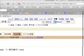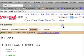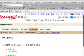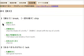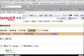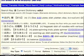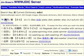Yeah, that's about it for search engines, but I should mention that you can get a bookmarklet for www.jdict.com from the front page, and then whenever you highlight a word and you press that button, it's going to take you directly to whatever it finds for that word on the JDict server. Alright,